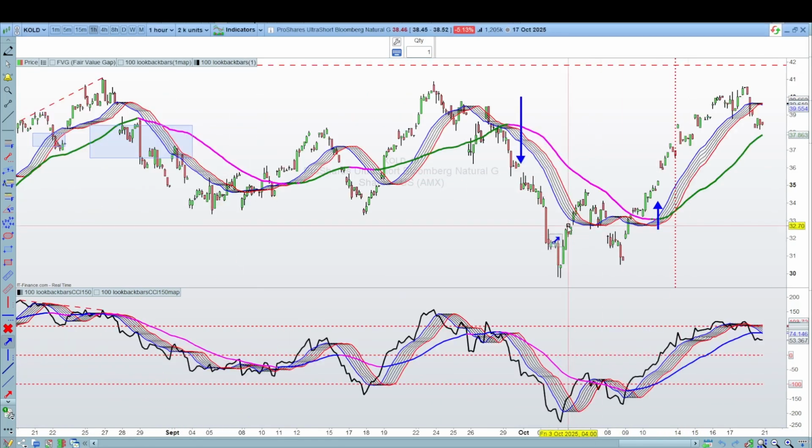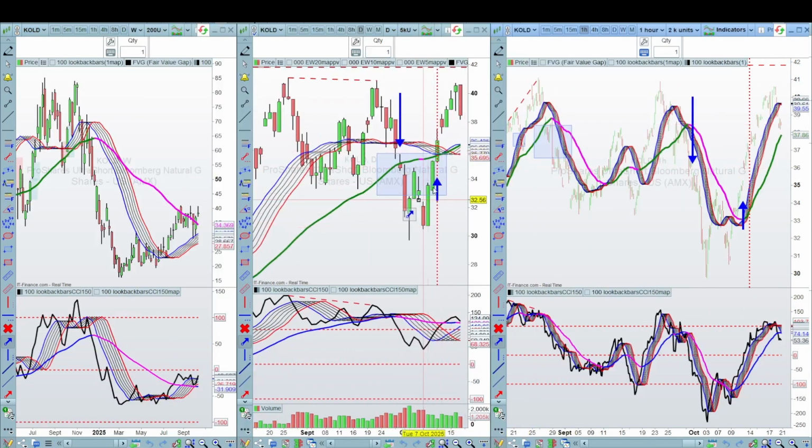On the 1 hour chart, again going long at the moment, and you would have closed it out, as I said, near the high there on one of those candles when the CCI broke into that moving average range. At the moment it's bearish on the 1 hour chart, so just be cautious. Again, we always go in the direction of the higher time frame, so at the moment going long only on the hourly. Don't take any short trades yet until both break below the moving average on the price and the